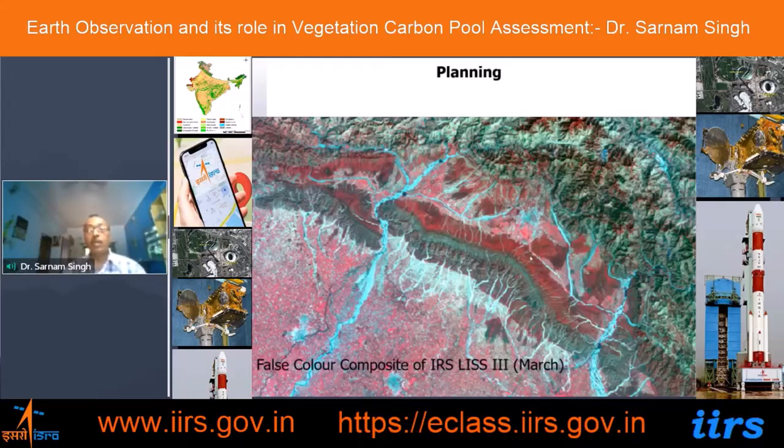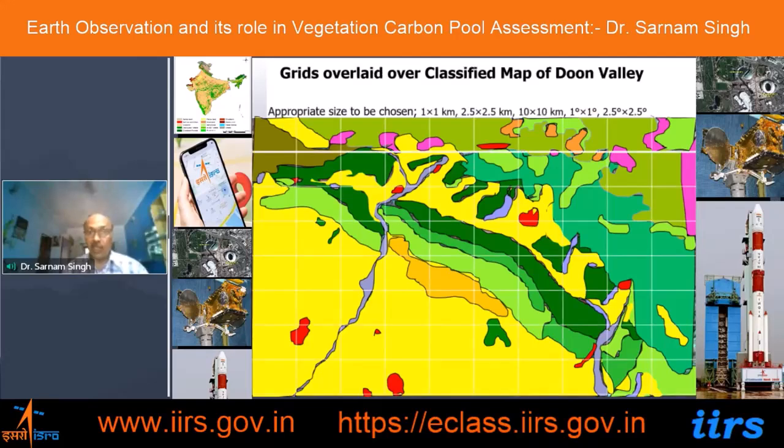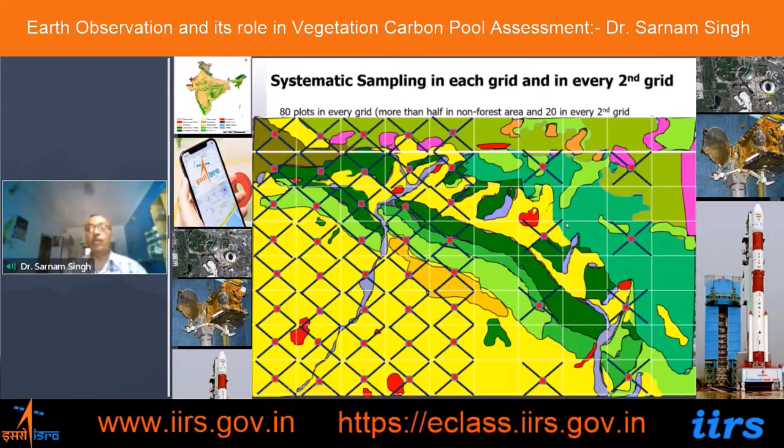And now I have, let us say, a vegetation type map. Quickly I will run through here. Now I can put the grid here. I can do the systematic sampling. Every grid I can take one. I will not suggest you. This is a practice which is followed by the State Forest Department, but I would say we'll go for the